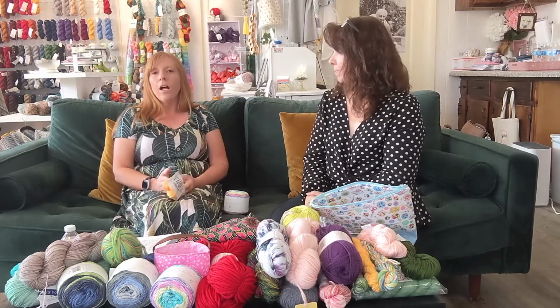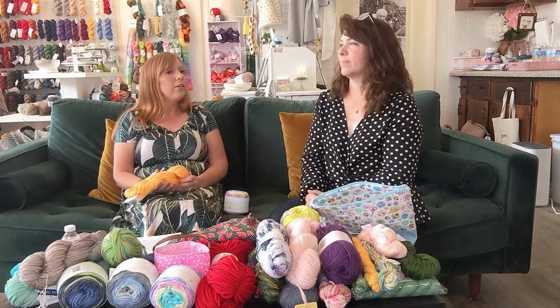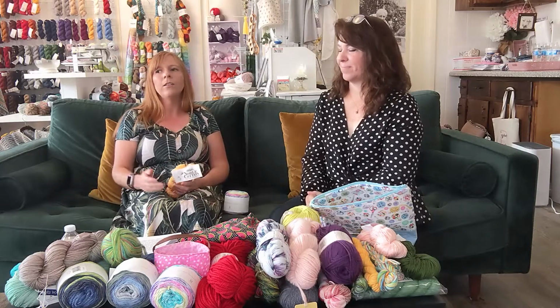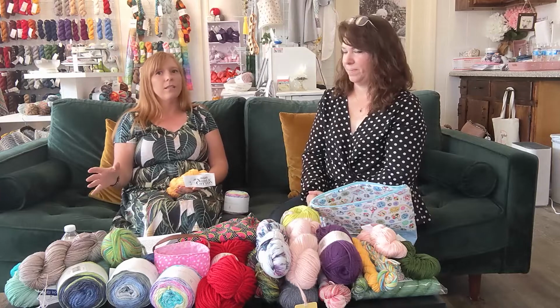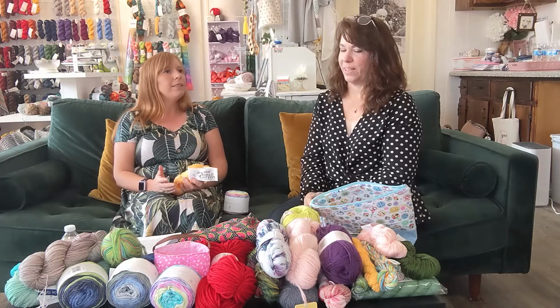Final thing, talking about organizing your yarn. You have lots of options, and it's completely up to the individual how they like to organize their yarn. Some people like to organize it by content. Oh, well, these are my protein yarns, these are my cotton yarns. Some people like to do by weight. This is my worsted weight, this is my sock weight yarn. It's all acceptable. You can do by color,